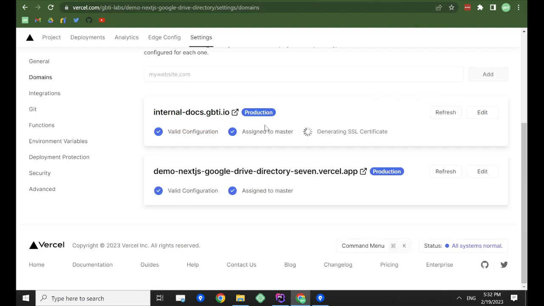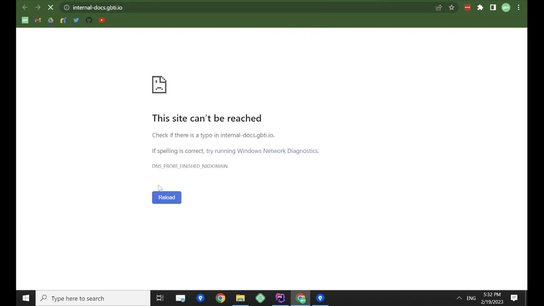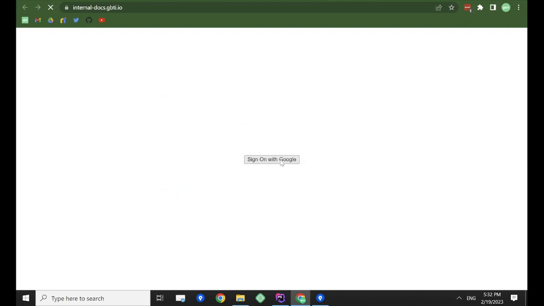And now that I've done that, let's see if the DNS is going to accept my changes. We'll just keep refreshing until it connects. All right, it appears that it did connect,